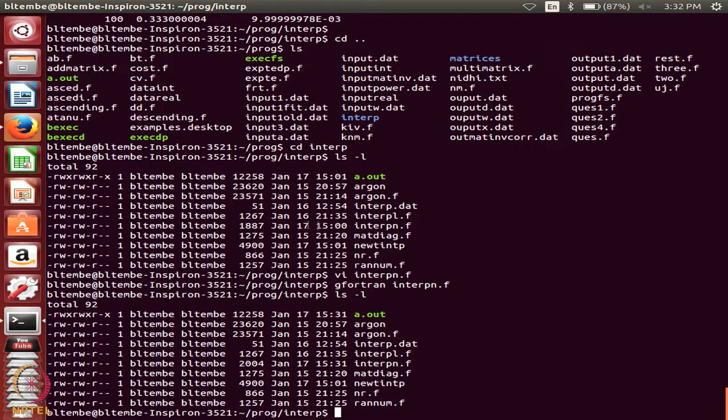interpn.f, this was at 3 p.m. So, since I saved it again, you see that interpn.f, that is 1531. So, since these two programs are new, the times have changed. So, that means the old files have been replaced by the new files. So, this is one way to know. It is always good to take screenshots if you want, and whenever a program is changed by the new times, you know that the program is a different one.